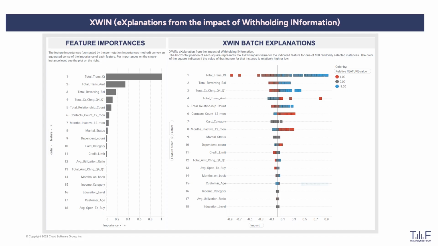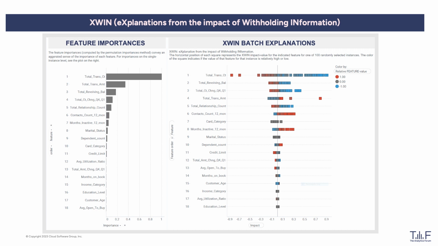On the right, you see the XWin impact values for a random selection of 100 instances of the training data. This gives a more detailed picture than the feature importances do. The features are listed vertically and the XWin impact values horizontally. The 100 impact values per feature, one per instance, are plotted as squares, and the colors of the squares indicate